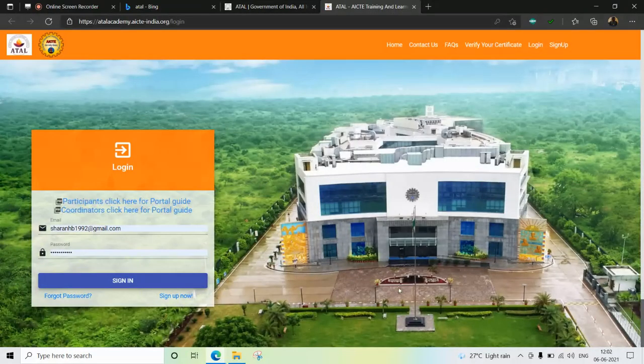After clicking on login, it will ask for your email ID and then the password. So you need to give your email ID that you have used during your registration and then give your password. Already my email ID and password are stored here. So directly I'll be giving sign in.